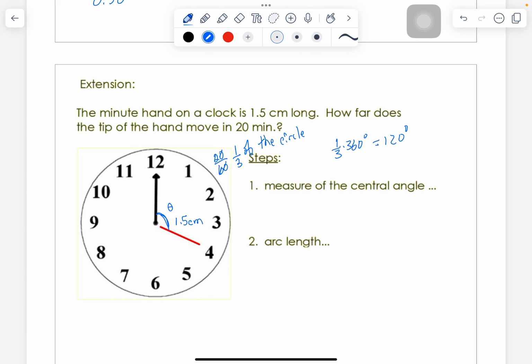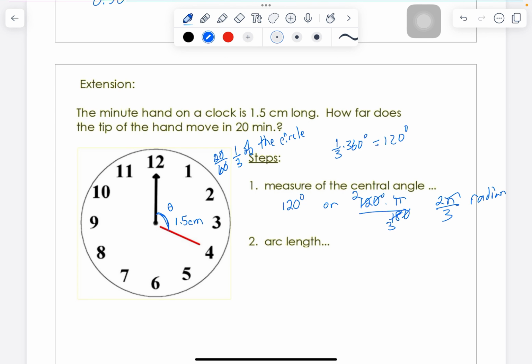So the measure of the central angle would be 120 degrees, or I could go 120 times pi over 180 and reduce that by 60, 2 pi over 3